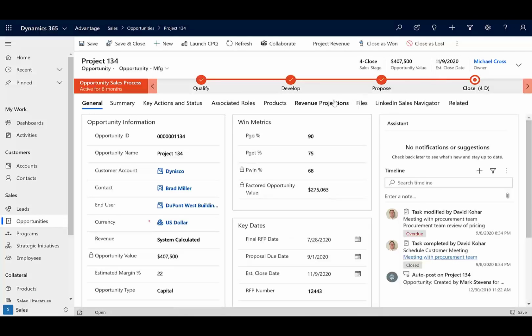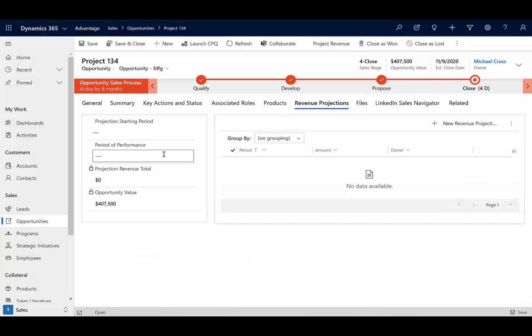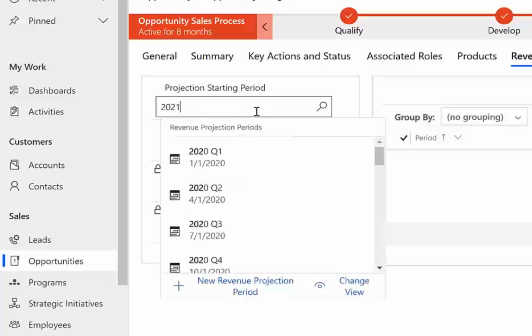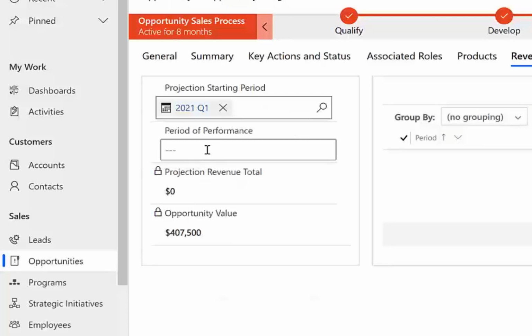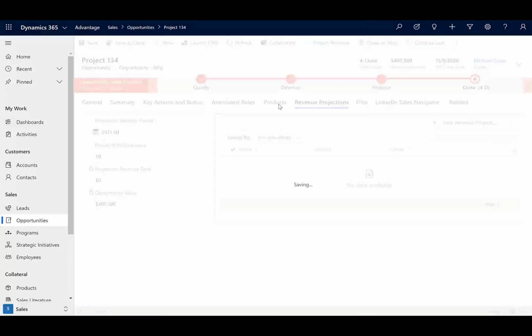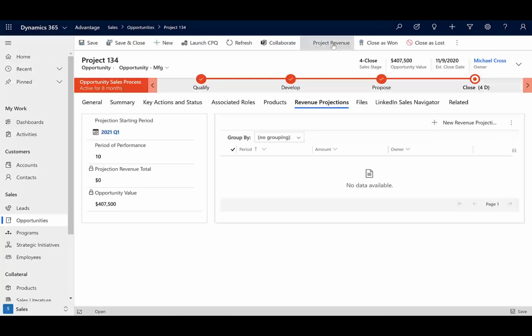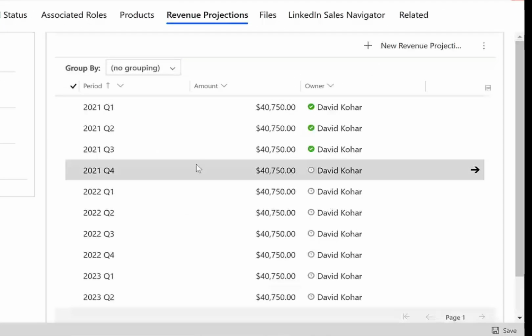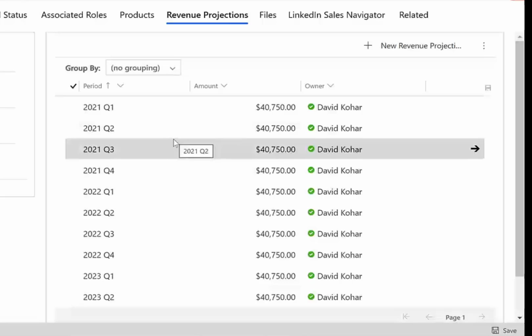Now, what I want to do is project this revenue across when I think it is actually going to come in and be realized in the organization. So I'm going to say that the actual revenue is going to start in Q1 of 2021, and it's going to go for roughly 10 periods, meaning that I'm going to take the $400,000 and split it across 10 quarters. I'm going to save that information and project the revenue. This will create the 10 records here automatically for me, showing that revenue evenly split across the 10